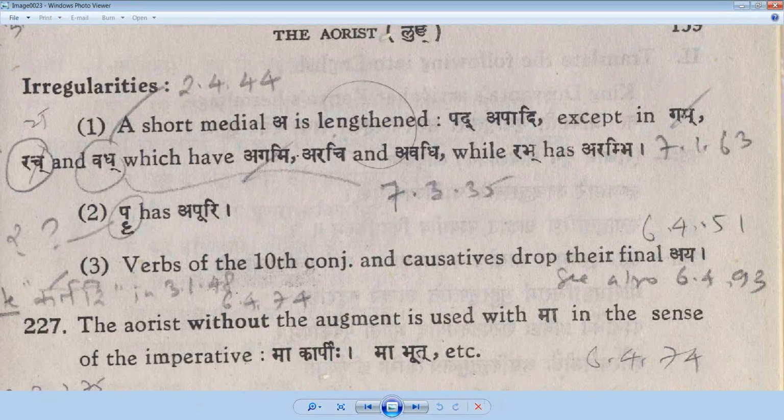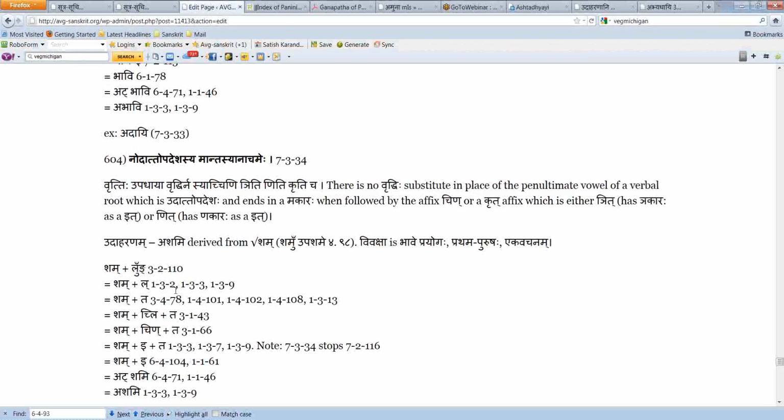But now when you look at an example with a dhatu, let's say a dhatu like sham. Take a dhatu like sham, shamu upashame, bhave prayogaha. So someone became quiet, did the action of so. So balakena ashami. Balakena ashami means the act of becoming quiet was done by the boy. Means the boy became quiet. He became calm. He calmed down. So tena ashami, he calmed down. Somebody calmed down. Tena ashami. He became calmed down. Now what happens is that because of nodattopadeshasya mantasya anachamehe, by the way, this is